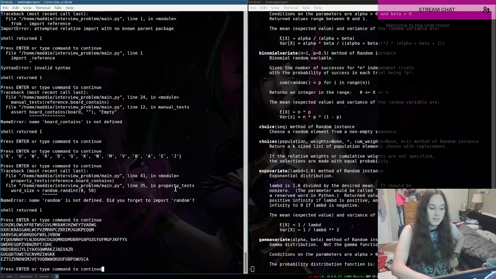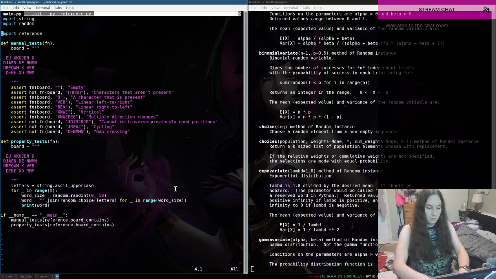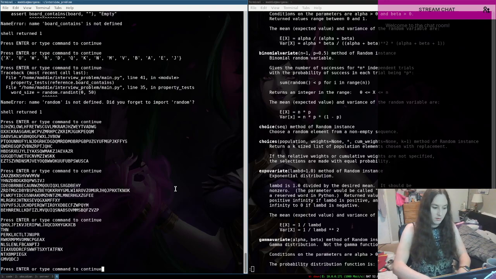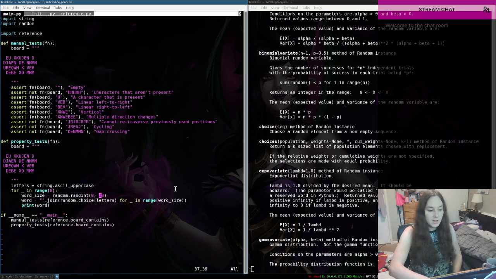Okay, so here are some random words. 50 might be a bit excessive. We do definitely want to get small ones as well. So we are successfully generating random words. And instead of printing them,